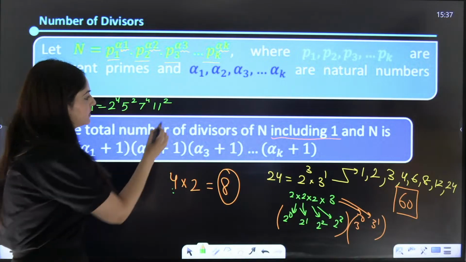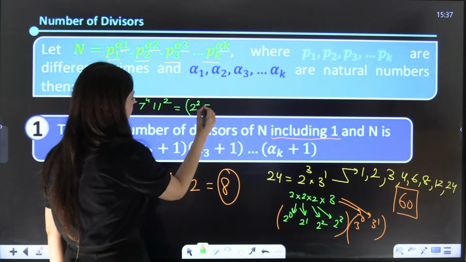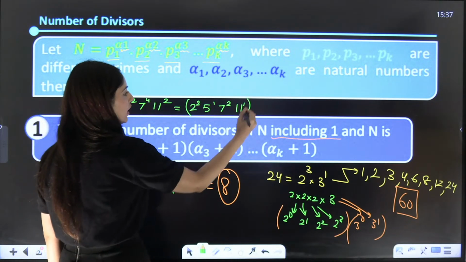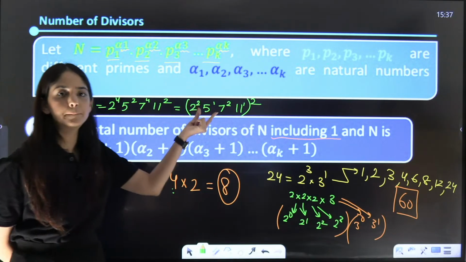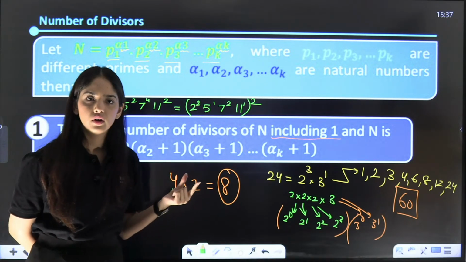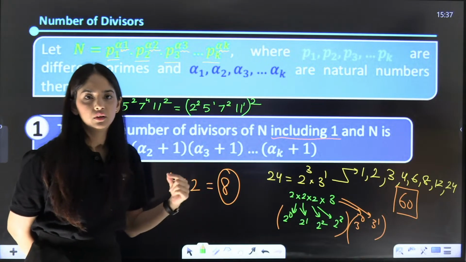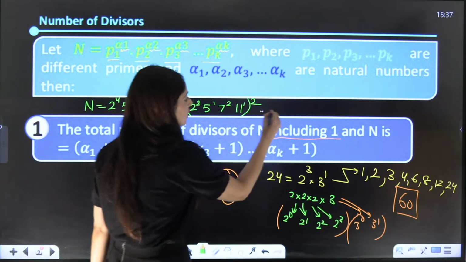In that case, we can write 2 raised to power 2, 5 raised to power 1, 7 raised to power 2, 11 raised to power 1, whole raised to power 2. That means n is a perfect square, right? If all the powers are even, then we can do this to the prime factorization,